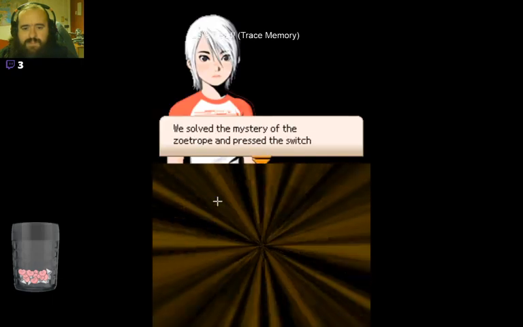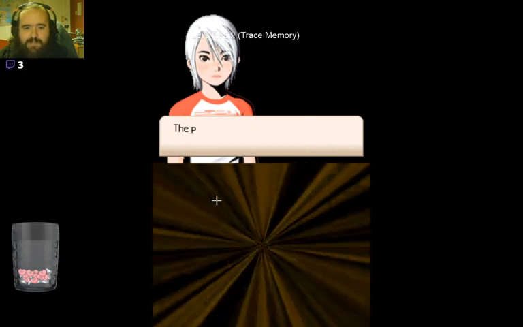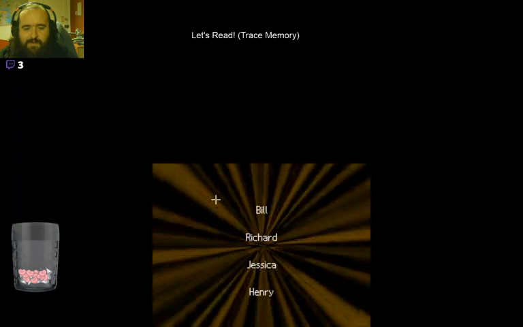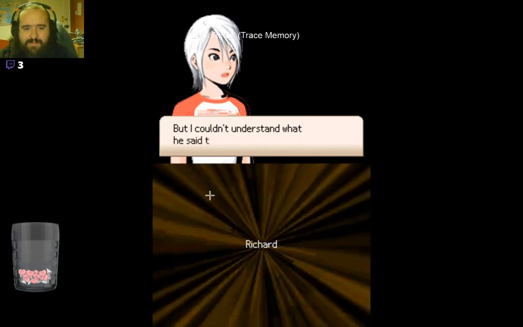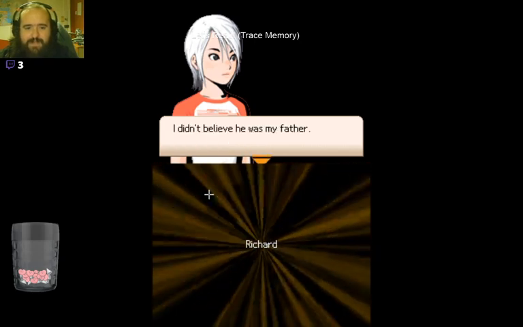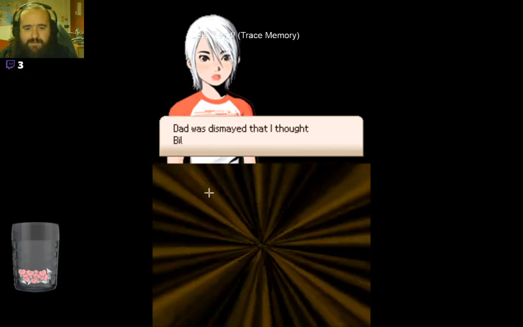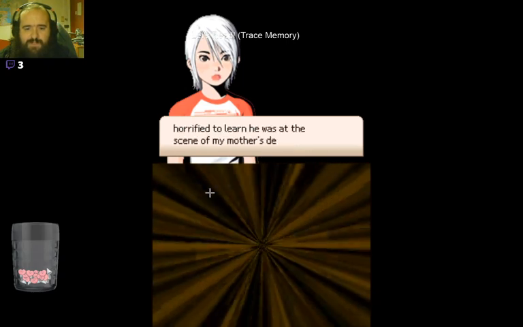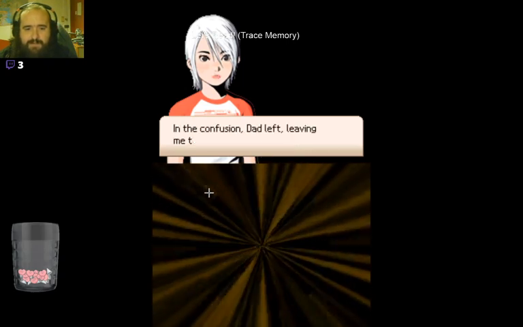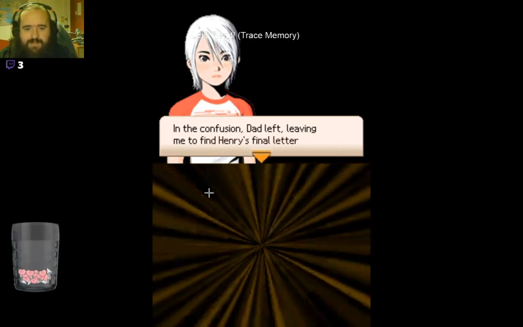You solved the mystery of the Zoetrope and pressed the switch hidden in the painting of the tree. The painting led to a safe room. The person on the floor of the safe room was... Richard! Yes, it was Richard, my father. But I couldn't understand what he said to me. I didn't believe he was my father. When I got the father in the safe room, there were a flurry of confusion. Dad was dismayed that I thought Bill was my father. And I was horrified to learn that he was at the scene of my mother's death. In confusion, Dad left, leaving me to find Henry's final letter on the typewriter. The addressee was...